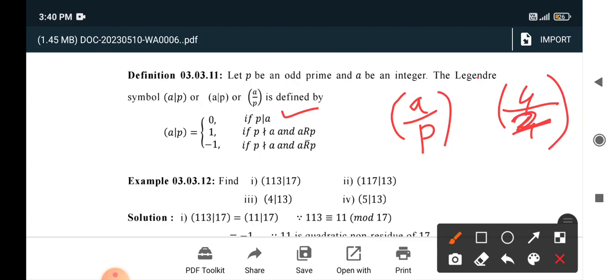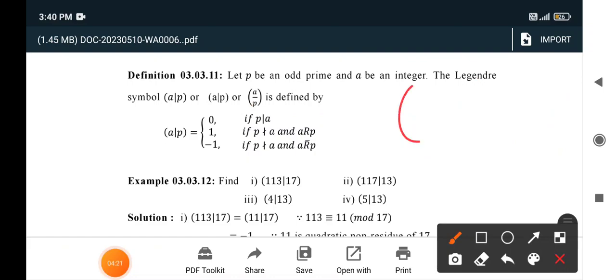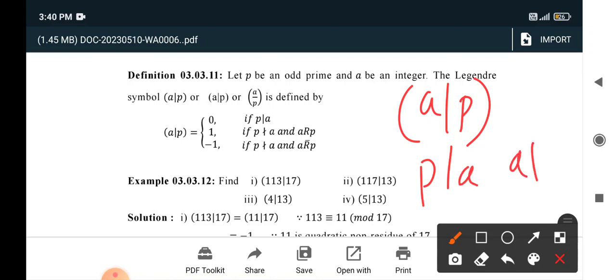So 2 divides 4, therefore the Legendre symbol value is 0. If the Legendre symbol of a by p, where p does not divide a and a is a residue mod